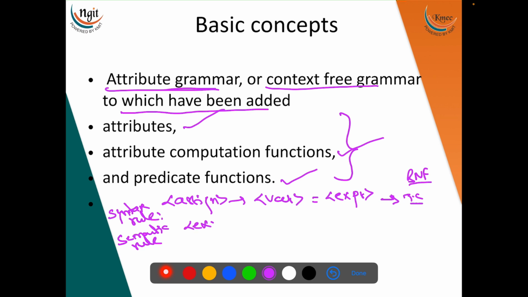expression dot expected type, variable dot actual type. Now what is the semantic rule? This semantic rule will give you the complete knowledge regarding type constraints. So an attribute grammar is a grammar with the following additional features. Now those features are: